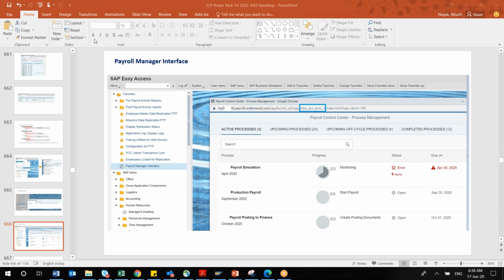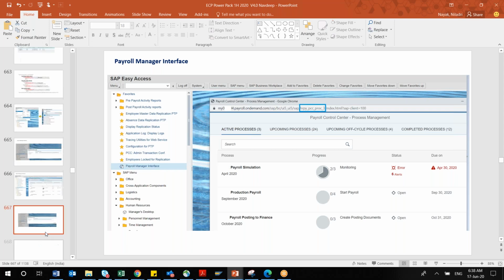It is not mandatory to have SuccessFactors. Suppose people want to run this transaction directly from the SAP GUI, how do they do it? They can simply maintain this URL, hrpy_pcc_proc_3, and then they can see the same thing from the SAP GUI itself. This is the concept here.